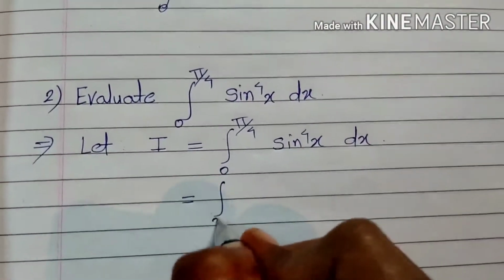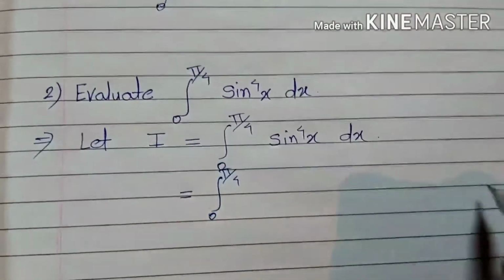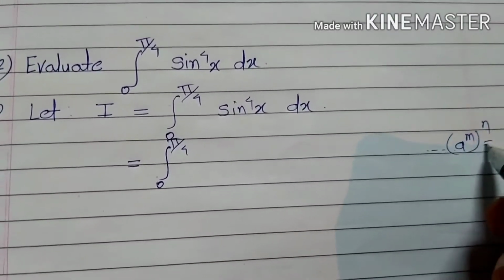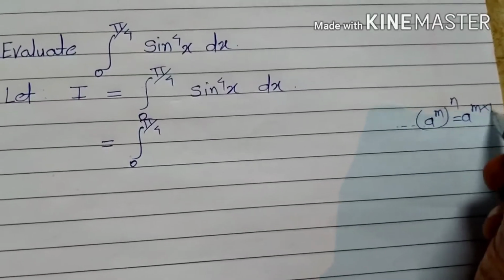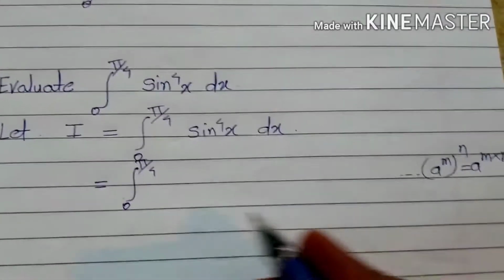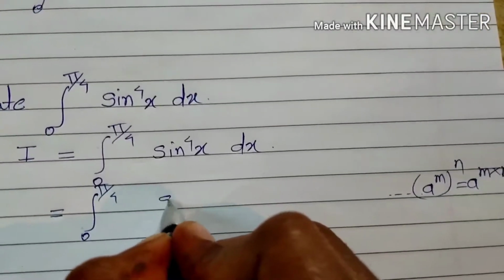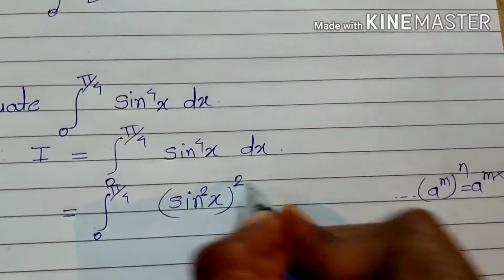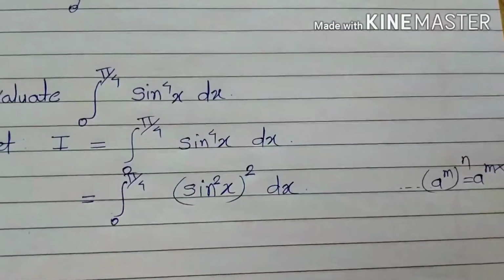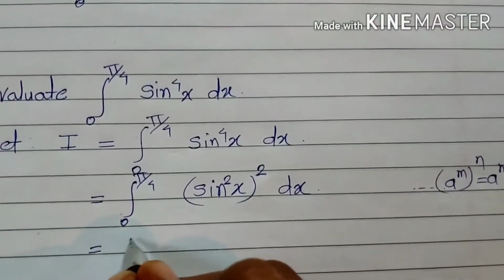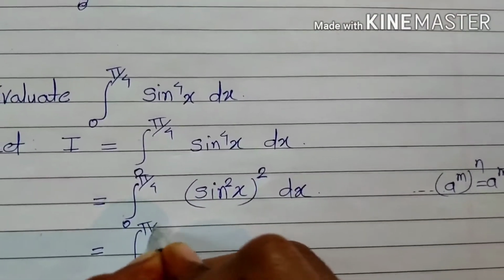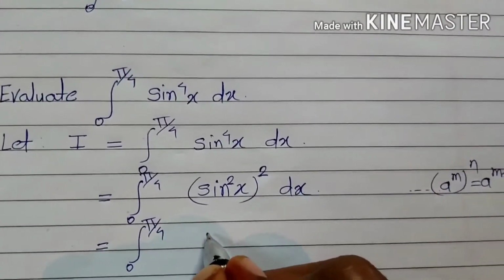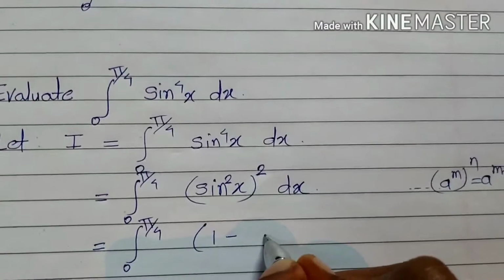Now split sin raised to 4x by using laws of indices. A raised to m raised to n is equal to a raised to m into n. Using this law of indices, we can split it like that: sin square x raised to 2 dx. Now use here an identity. What is the identity? Sin square x plus cos square x equal to 1. So using this, it is 1 minus,